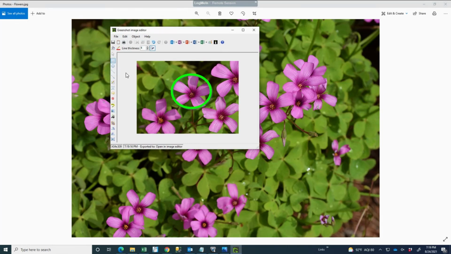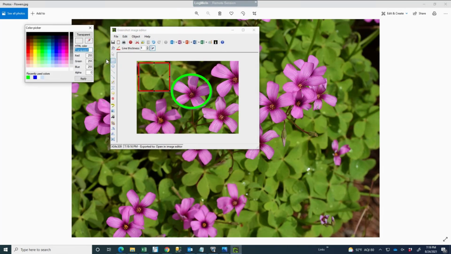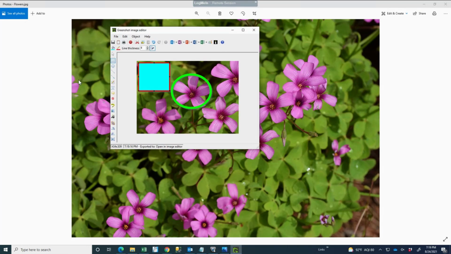You've also got a square tool. You can draw a rectangle or square there. You can adjust the line thickness and the color. You can also adjust the fill color. You can fill that in if you wanted to, say, cover up a part of your screenshot so that it's